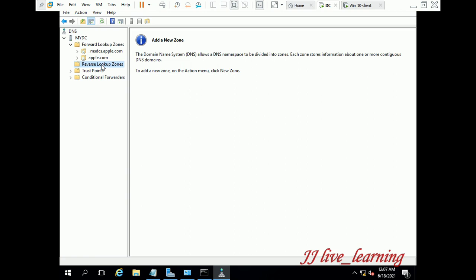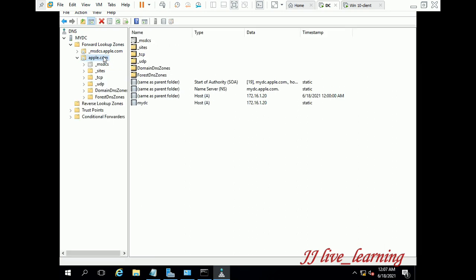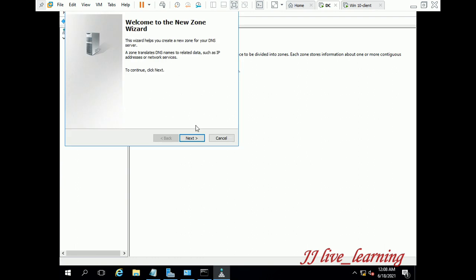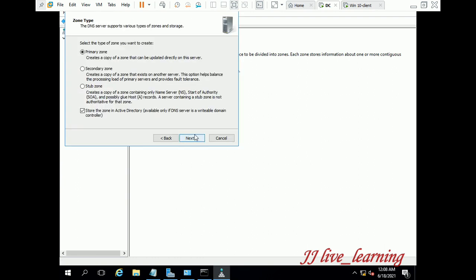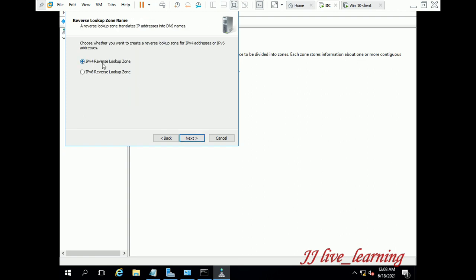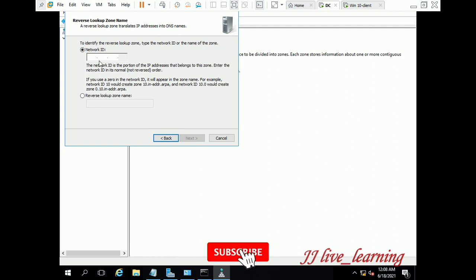Your forward lookup zone will be configured automatically while configuring your DC, and all resource records will be updated on your forward lookup zone. Still, the reverse lookup zone will be pending. So we have to configure your reverse lookup zone, give a primary zone, and configure your DNS record. Select IP version 4, and give the network ID of your DC, the IP registered on your server.